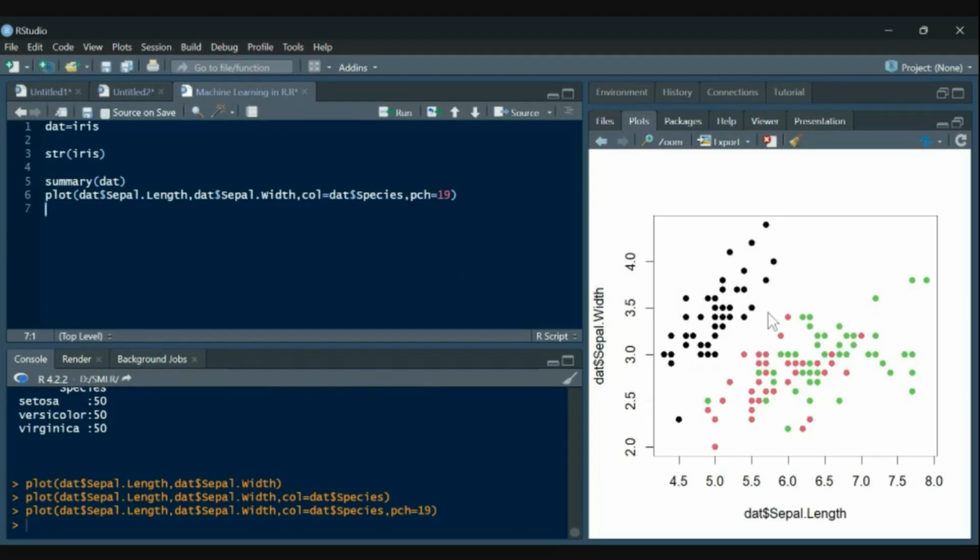So this is one species in black, another species in red, and another one in green. Here we can see that the species in black is entirely different from these two. So some kind of a cluster is formed here. We can easily identify that this belongs to certain other species even if not colored as well.